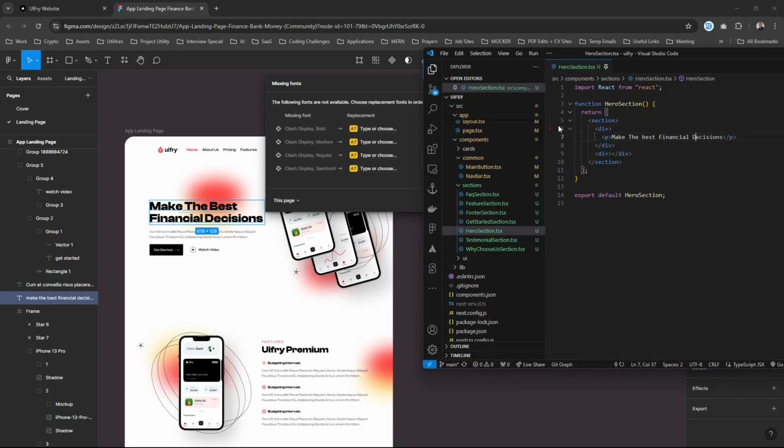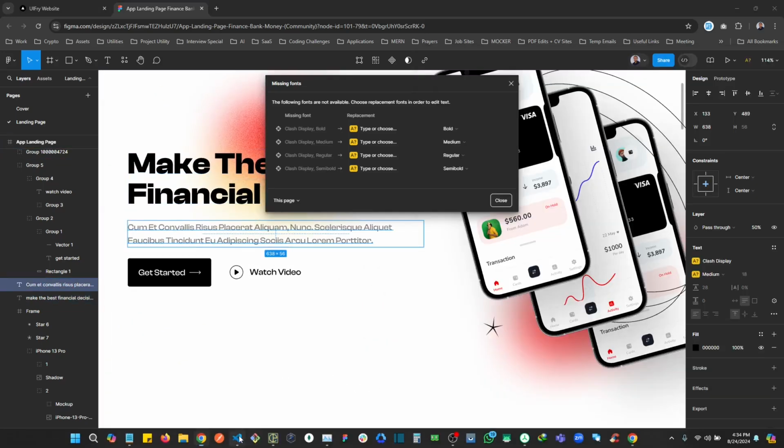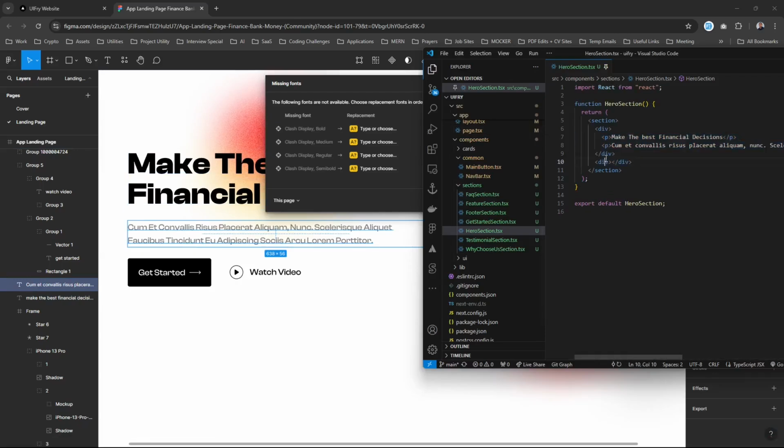So make the best financial decision. Nice. And we're going to have a different p tag. Okay, then we'll copy that and paste it in there. Alright, and then we have